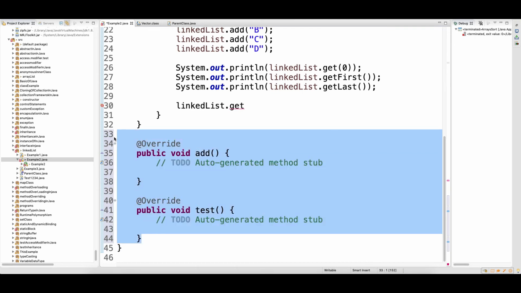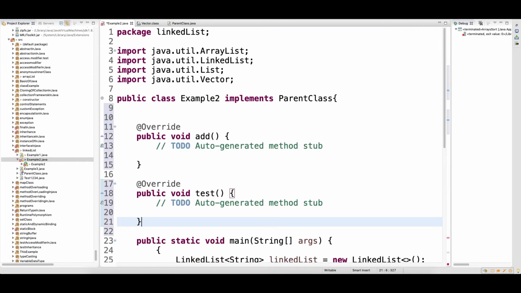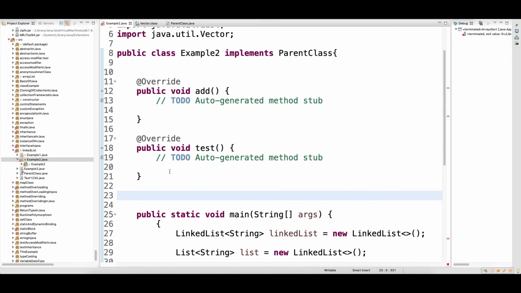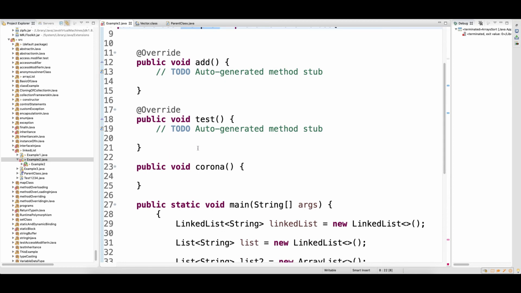Let me bring this up. Quickly I'll give you the idea of how it works, so that it is very clear. Now this guy has another method called public void corona, which is specific to this class.